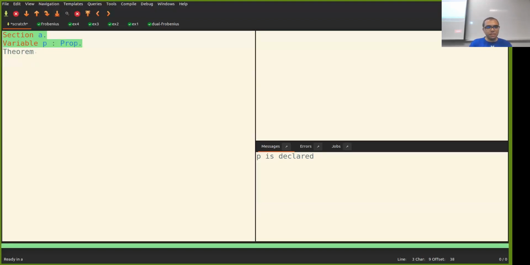This is a theorem, and I'm going to name it my_thm. What this theorem says is that P holds if and only if P holds. I'm just showing you how to write a theorem. You have to give it a name, then you have to write what the theorem is, and everything ends